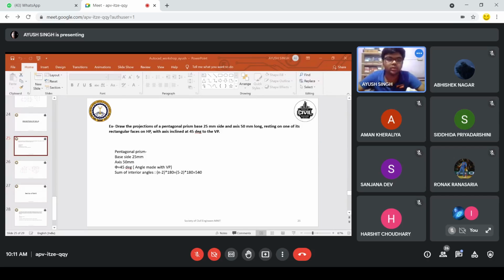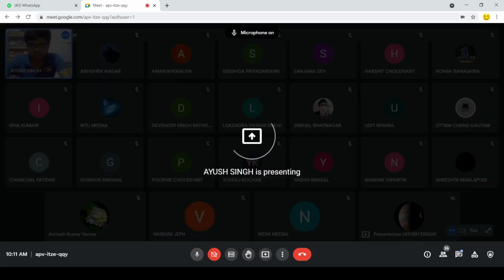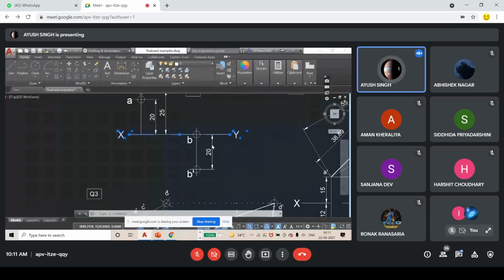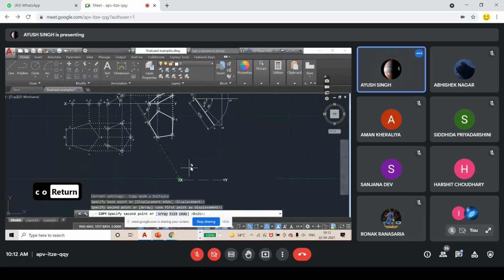So let's draw. I take the XY line here. I'm just copying the XY line again, because I don't want to create it again and again.